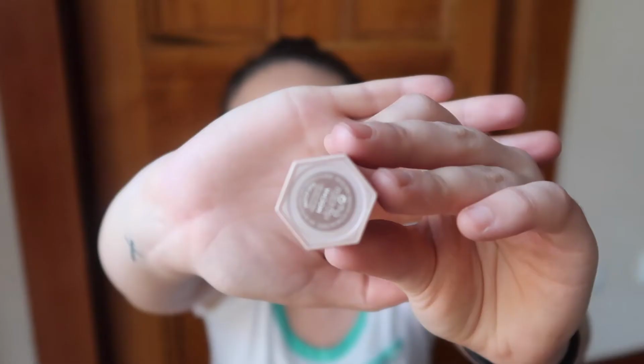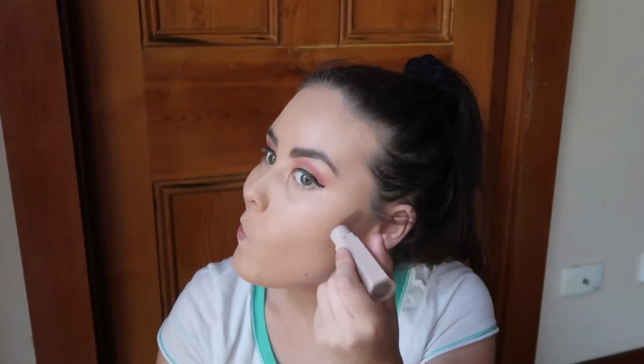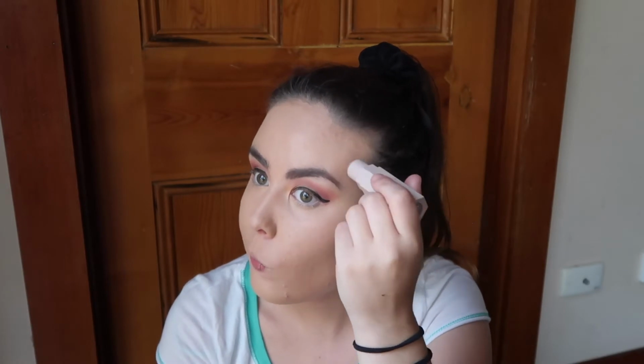Before I go and set my face with powder, I'm gonna use a cream contour to add some color to my cheeks and face. So I'm gonna go in with the Fenty Beauty one of the Match Stix trios, the contour one in shade Mocha. So I'm just going to put some where my cheekbones are and where my forehead is,